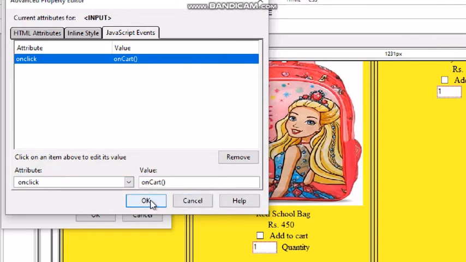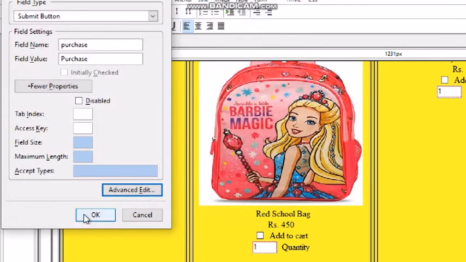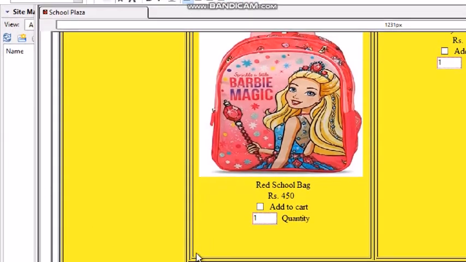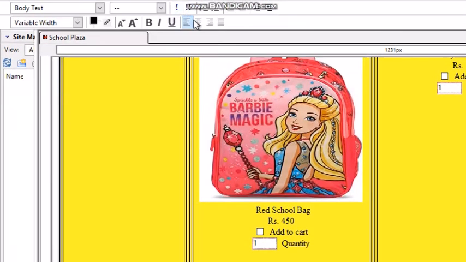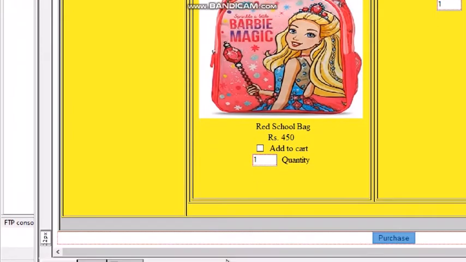So click on OK, again OK. Children, do you remember? We had written a JavaScript for registration form validation in this way only. Now center this purchase button, center align.